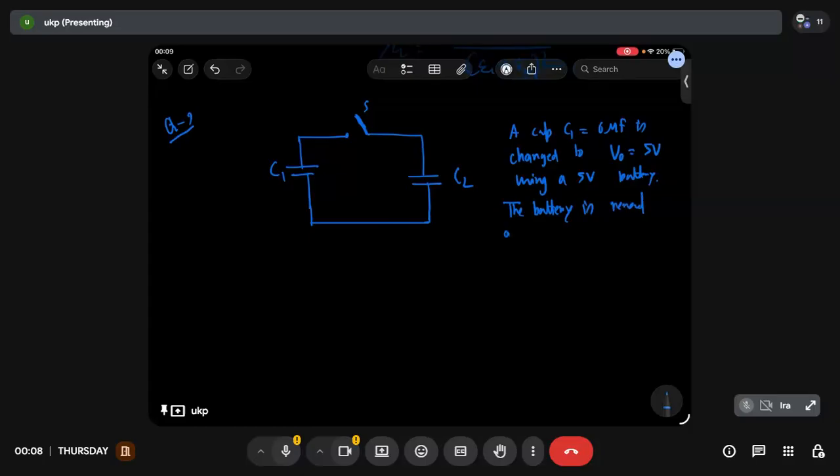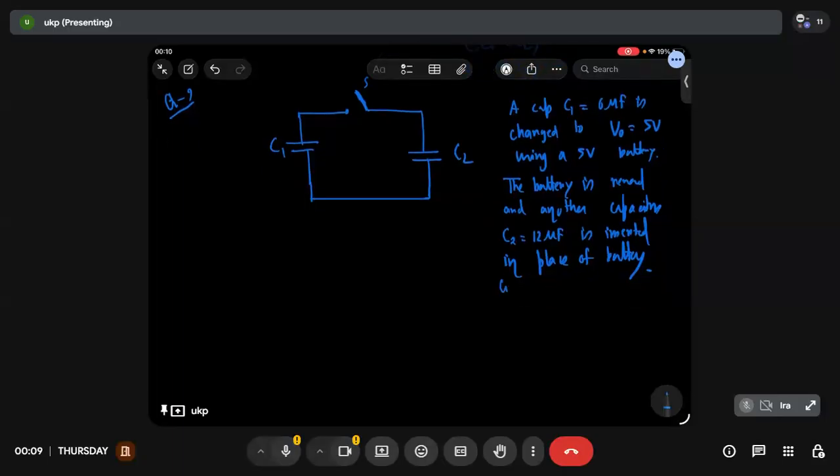The battery is removed, and another capacitor C2 equal to 12 microfarad is inserted in place of the battery. Where the battery was earlier, now there is a 12 microfarad capacitor. Clear? Now the question says, when the switch S is closed,